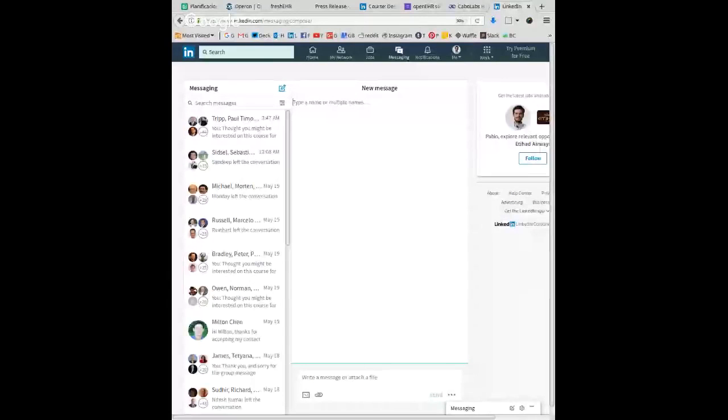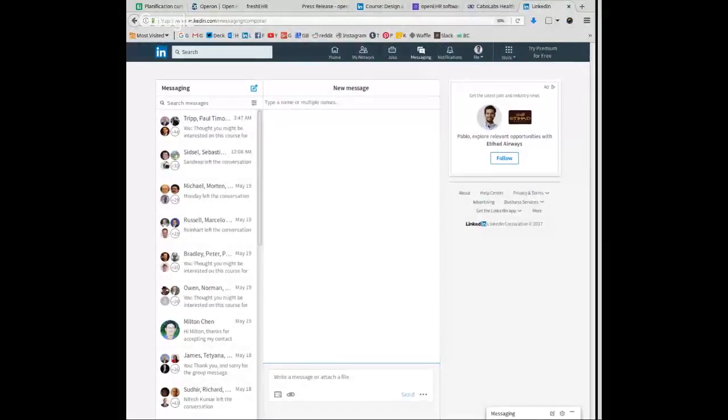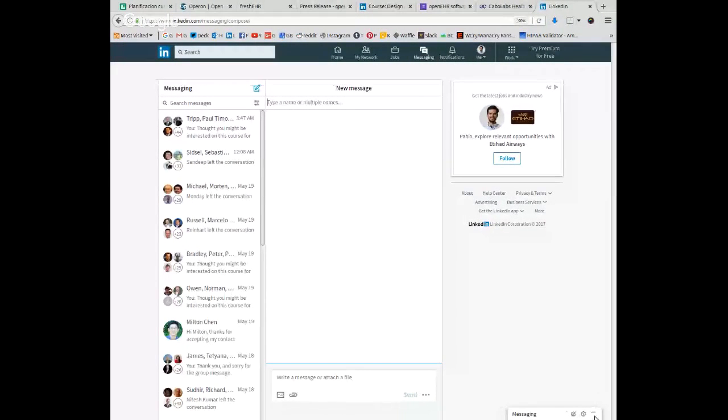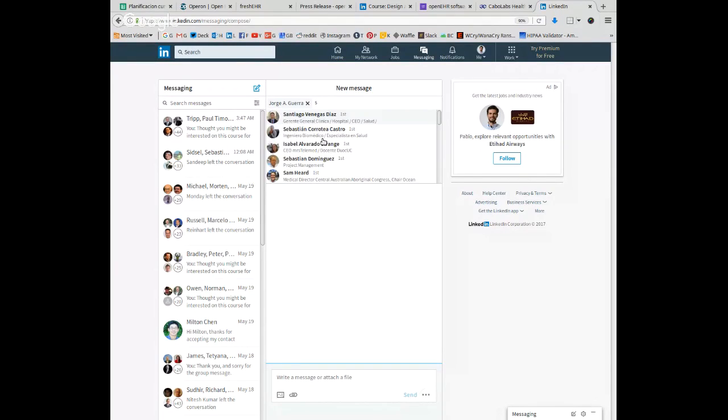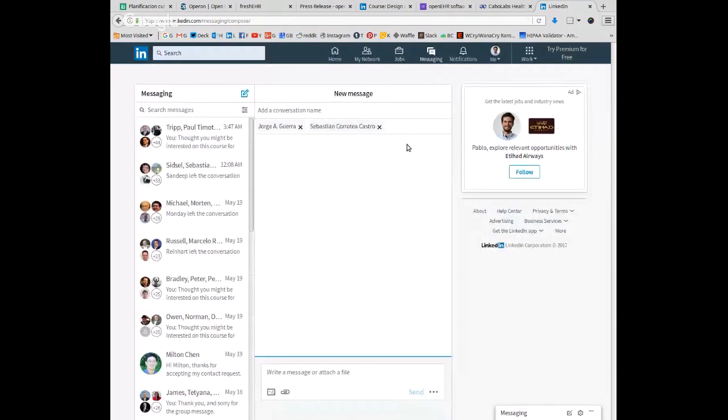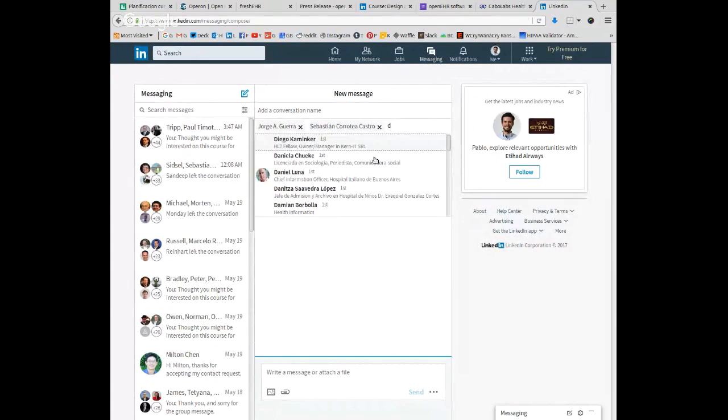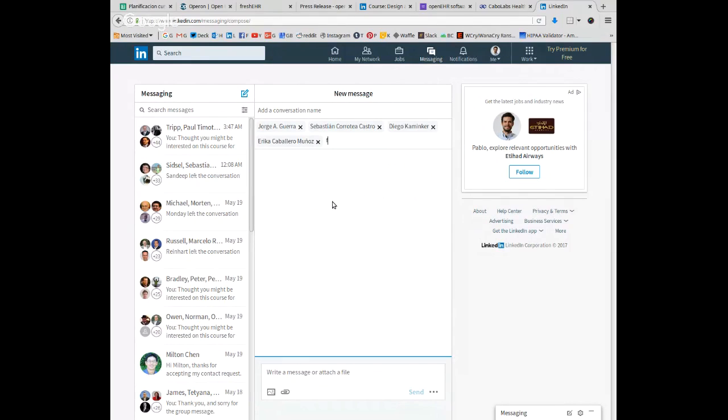So I have the same here on Firefox. I will reset the zoom. I had 19%, now it's 100% zoom. And the issue I had here,